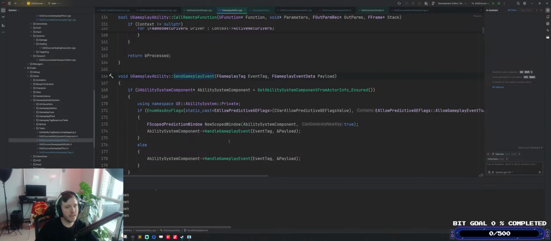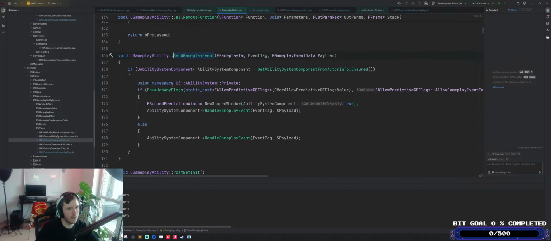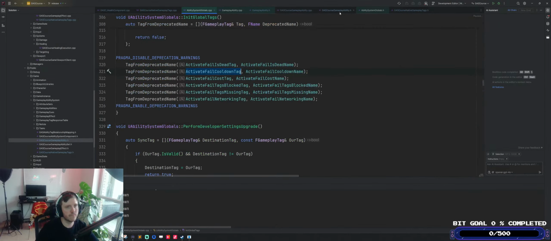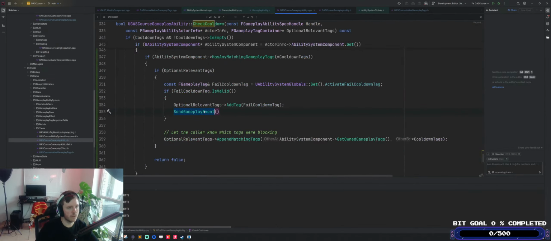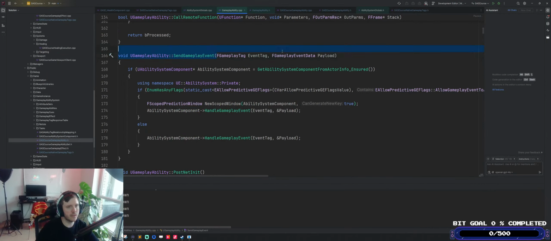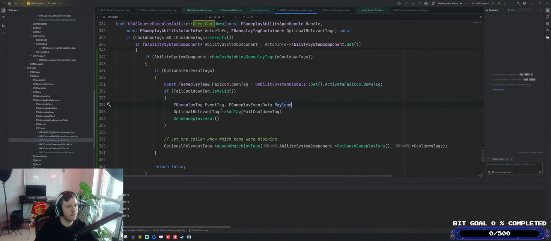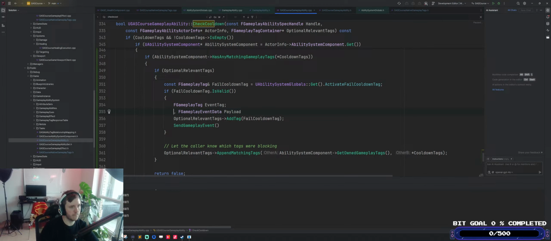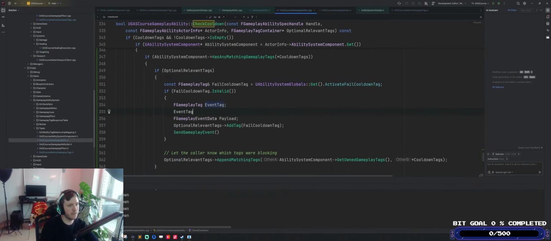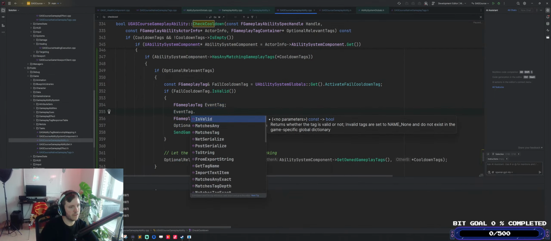So there is the whole handle gameplay event. Okay, so we need this and a payload. And I would like to include the ability itself as part of the payload. Something like this, and then I could just say event tag dot